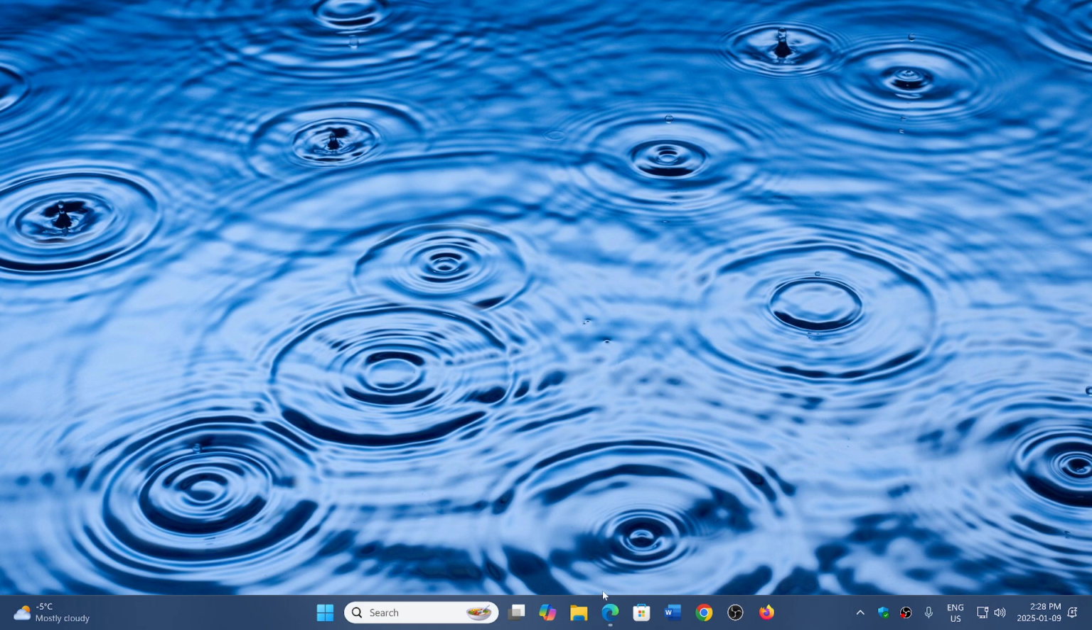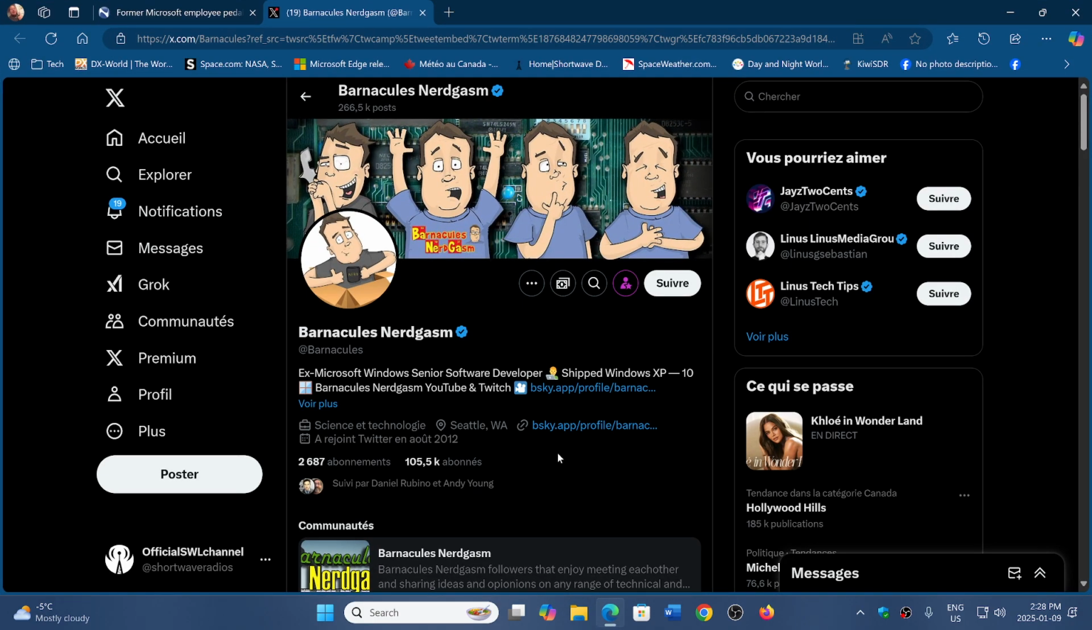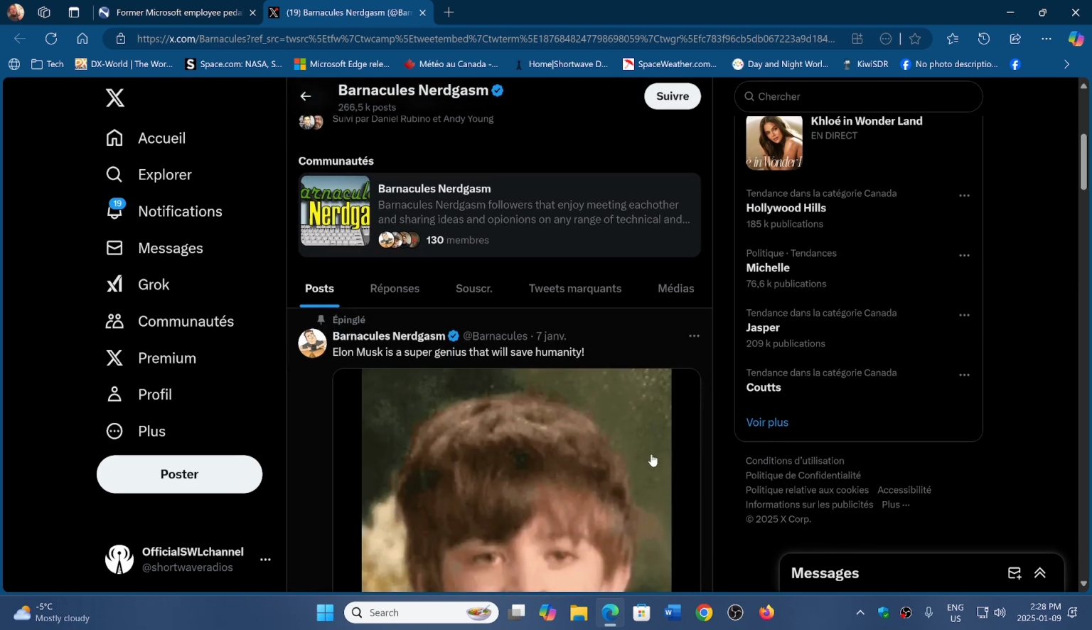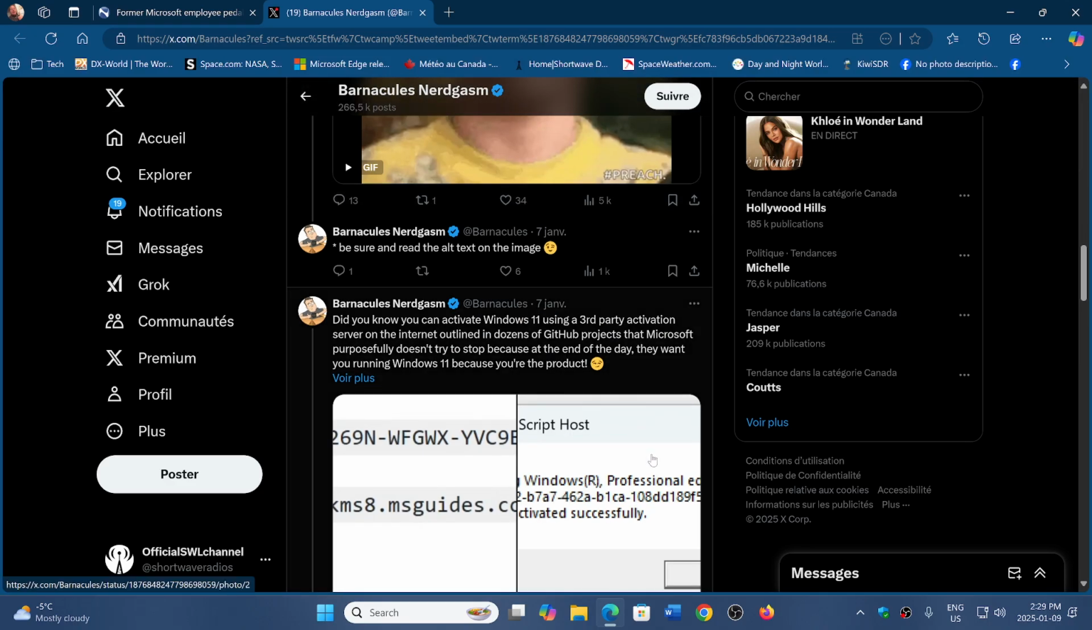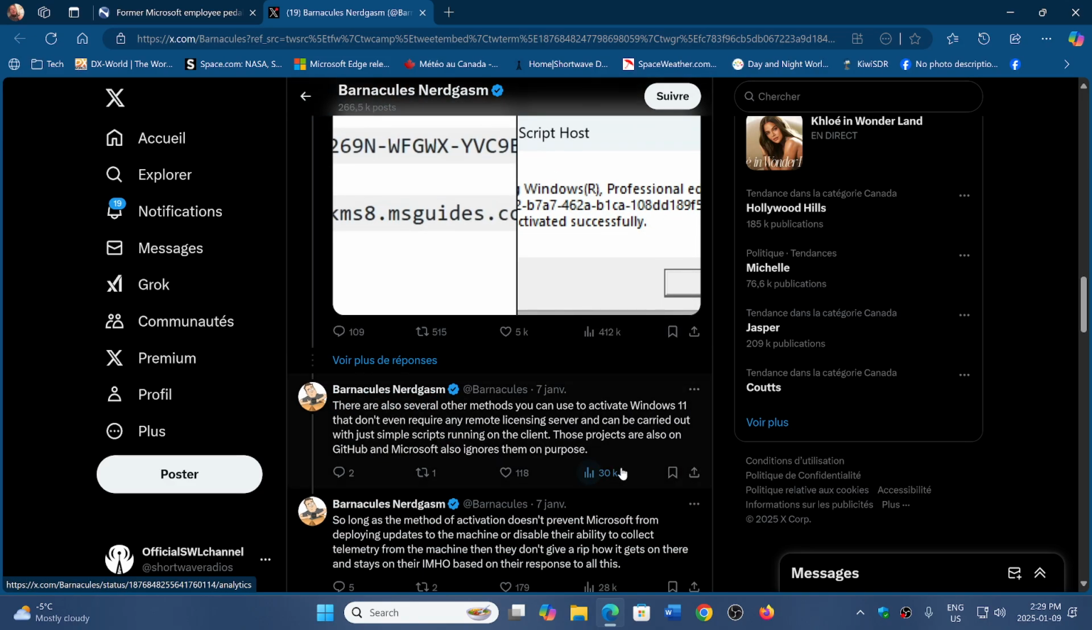So there's an ex-Microsoft employee. He's an ex-Microsoft Windows senior software developer, and he worked with versions of Windows from XP until Windows 10. He's posting a series of posts on X that talks about activation, and about the different methods you can use, from scripts within Windows on your PC to